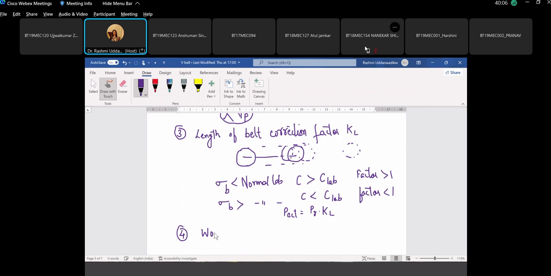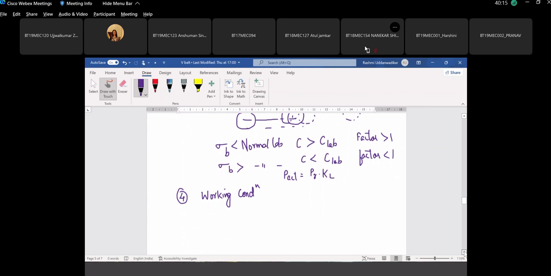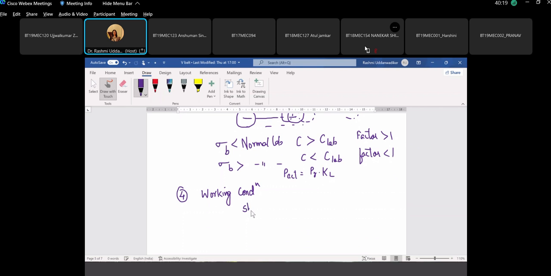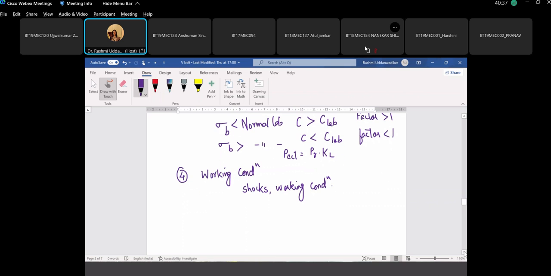And the fourth one is the working condition. A working condition or the service condition, this is again given in the design data book. This takes into account all kinds of shocks and the working condition, how severe, how mild or extra heavy duty is considered. So ultimately your final power transmission capacity actual, this would be the rated power that you are selecting from the table, from the very first table. This is multiplied with your angle of contact correction factor. This is multiplied by your length of correction service factor. This PR value you have taken for equivalent diameter table, and